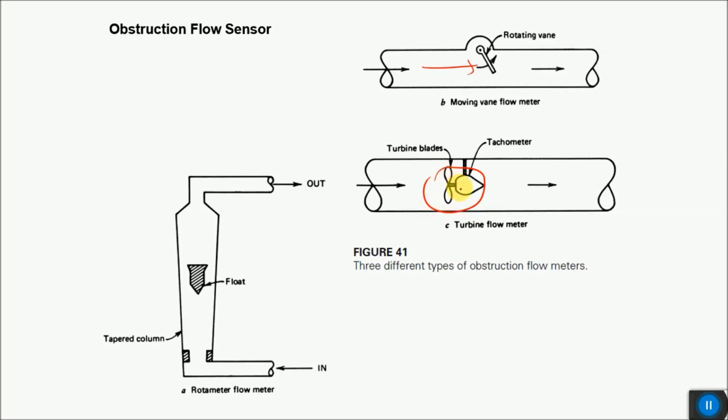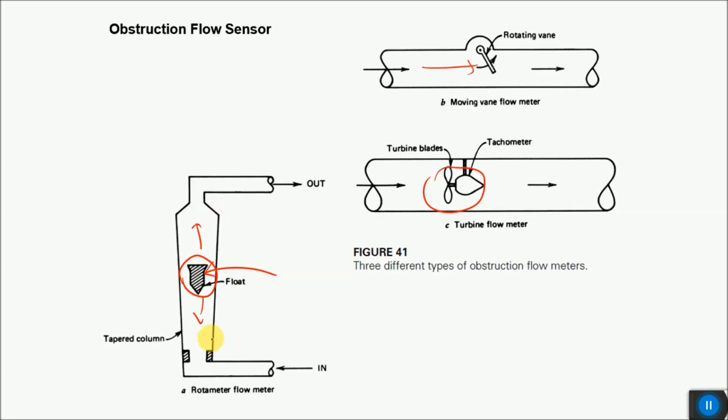whose blades will rotate at a different speed when the fluid flowing through that pipe is flowing with a different flow rate. And again, in case of a floating flow indicator, we usually use it in case of gases. So when the flow of gas is increased, the position of this floating bead will change inside this column, and that position or displacement of this bead will in return tell us how much was the flow rate of that